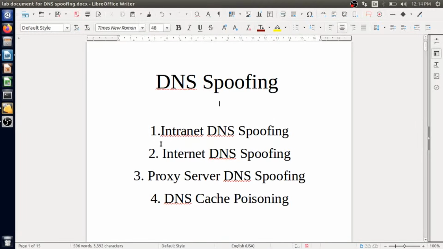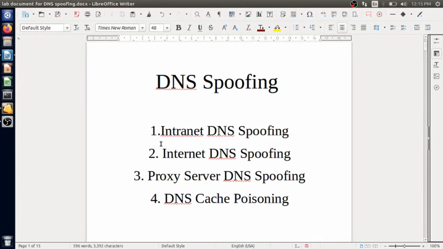The fourth one is DNS cache poisoning. It refers to altering or adding forged DNS records in the DNS resolver cache, so that the DNS query is redirected to a malicious site. The DNS system uses cache memory to hold recently resolved domain names and their respective IP address entries.